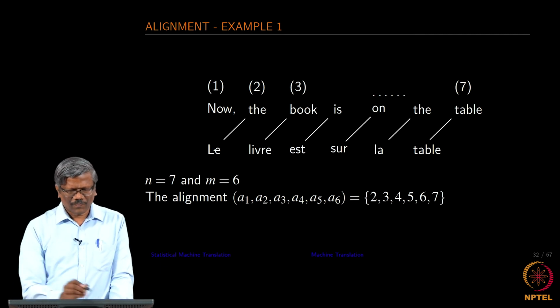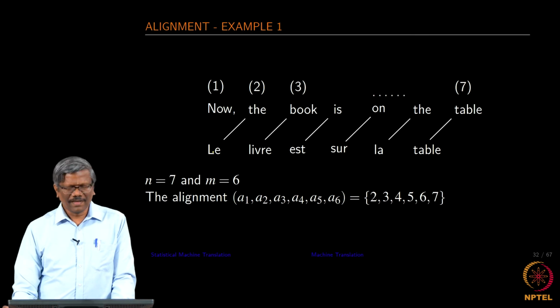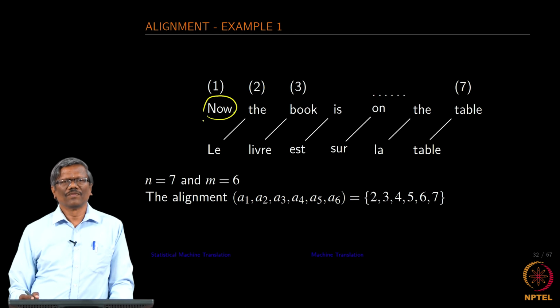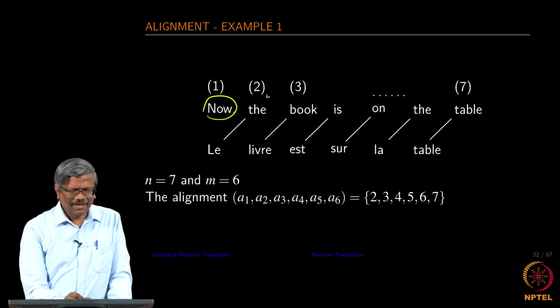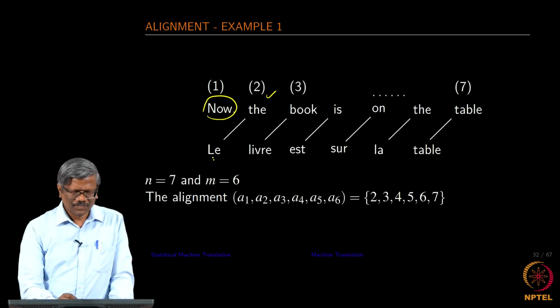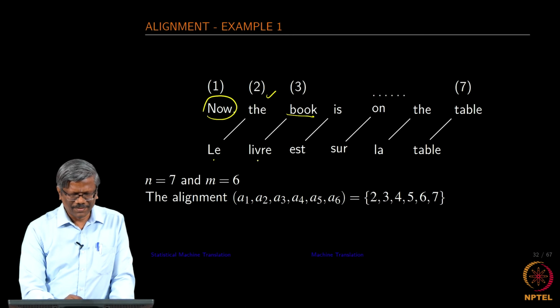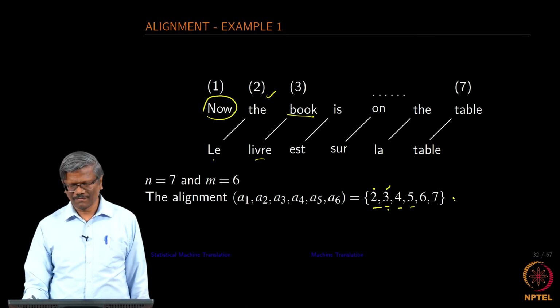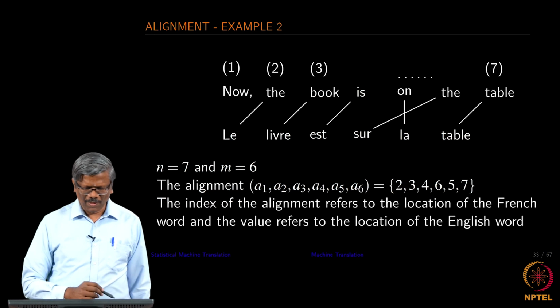So, when you align it, the word now is not aligned to any of the words, right. The second word is aligned to the first French word, and then the third word in English is aligned to the second, and that is what we are representing here, right. The second word in English, third word in English in this way. So, another example,